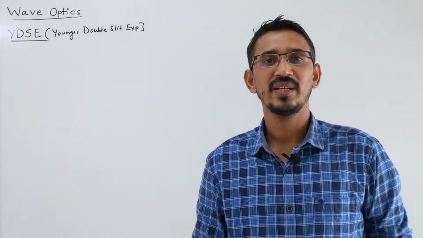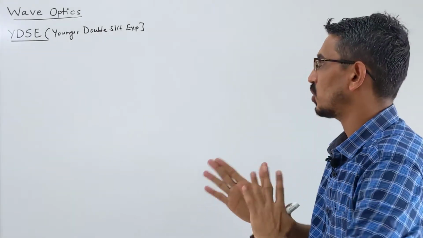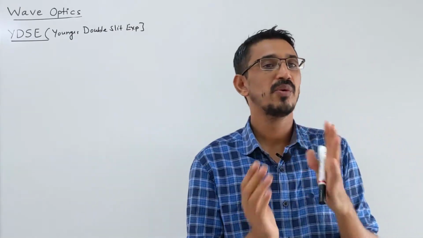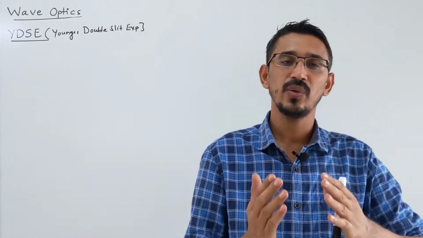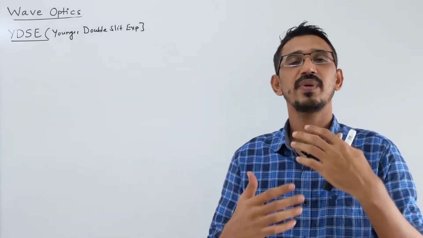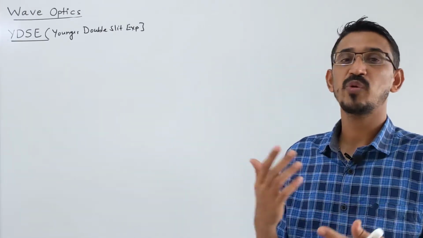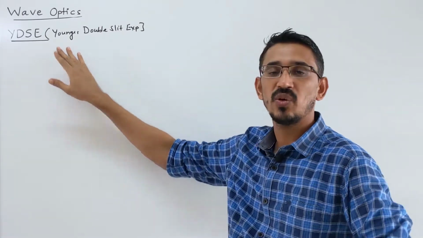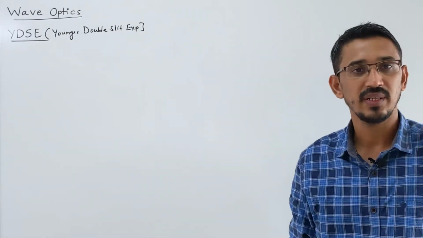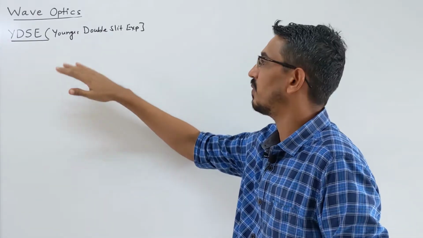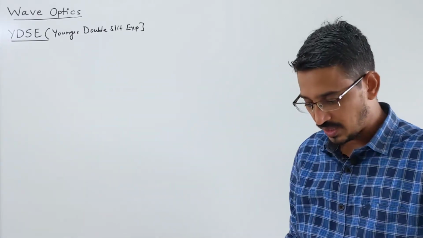Hey guys, welcome back. So in this video we are continuing our last topic, which was interference. At the starting we already learned that the wave optics concept was mainly based on Huygens wave theory, and Huygens wave theory says that light is a wave, correct? So this was experimentally proved by what? This setup. It's called Young's double slit experiment. Huygens theory was experimentally proved by this experiment. So let's talk about this.